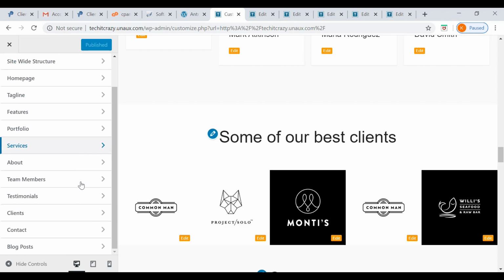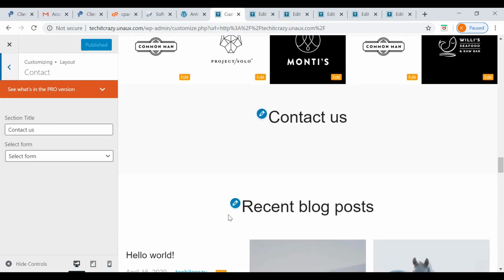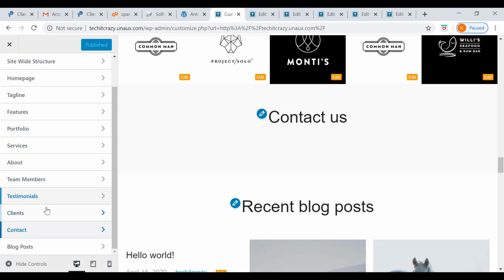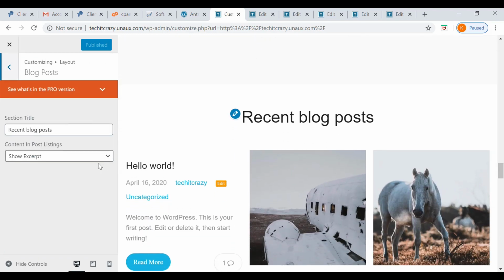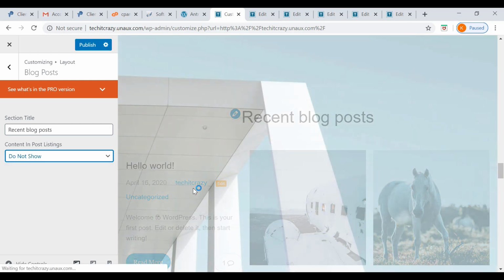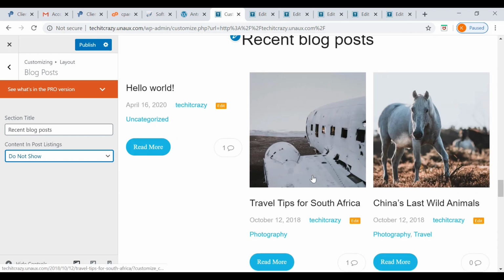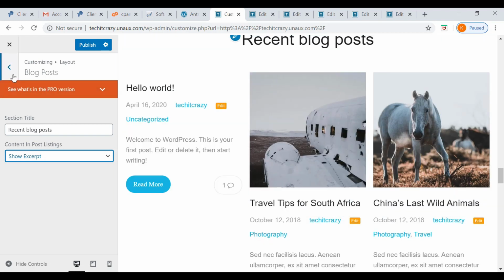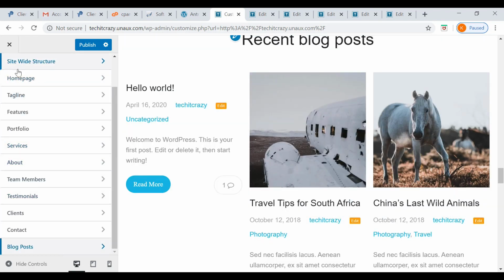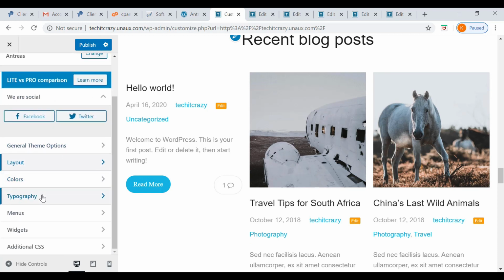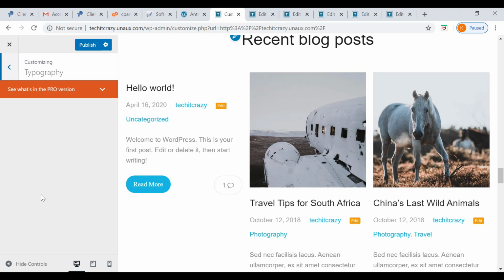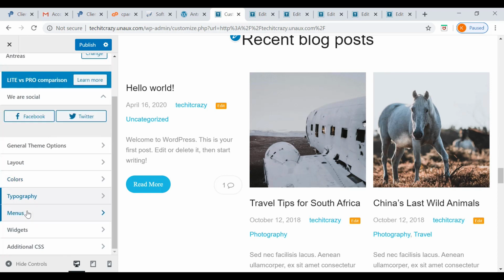And now if you want to change any background colors, you can change that. If you want to add any forms, you can add content forms and contact forms, and the blog post. So here you can give these three options. If you want to show any excerpts, you can select that, otherwise do not show. If you want to show full content, you can select full content, otherwise you can keep the default. And the typography, whatever kind of typography you want. These things are available for the pro version, so for the free version it is not there.